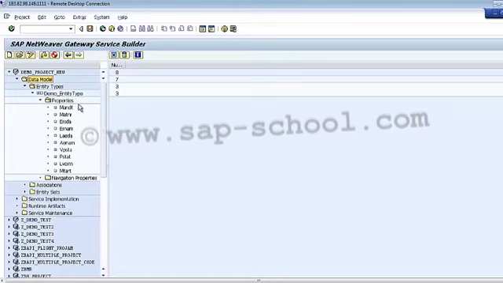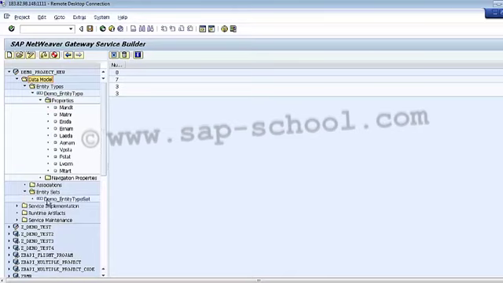Similarly, since we have selected the create entity sets option, it has automatically created the entity sets as well. So I can see that I have this demo entity type set automatically created for this entity type.